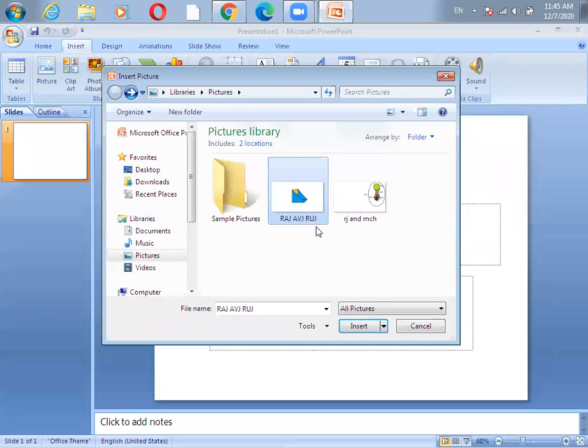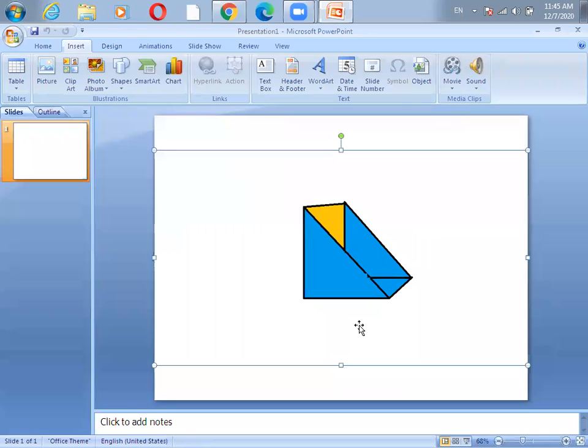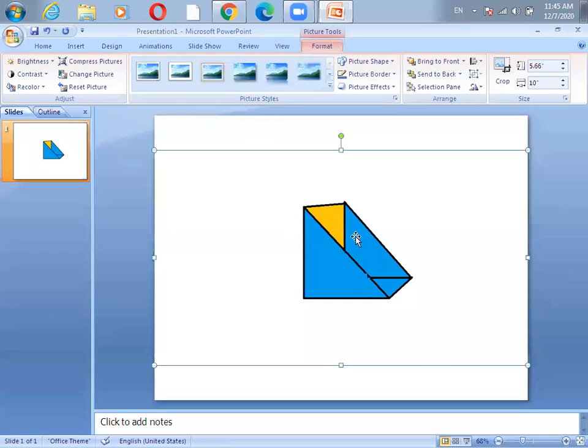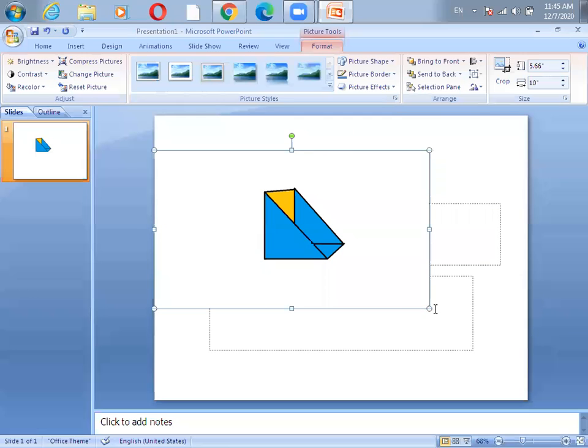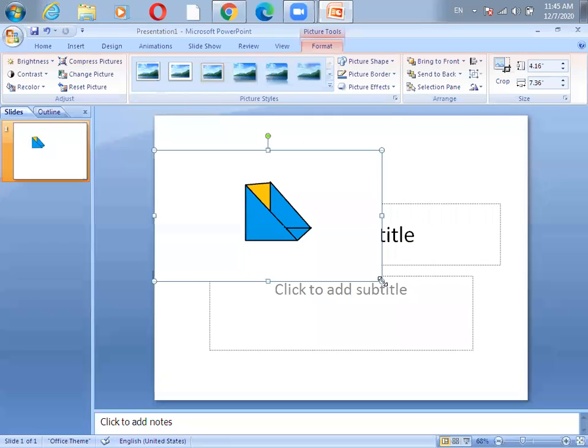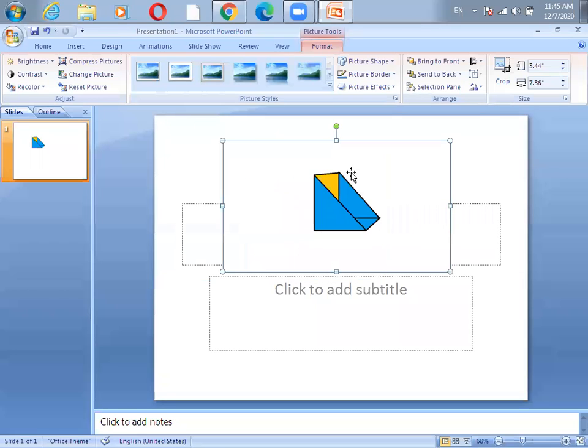I'm taking this one. Okay, then we just click on the insert button. When we click over here, you can see we get this picture on our screen. We can adjust the size, how much size we want for this particular picture. And if I want to crop this picture, I can go with this option.